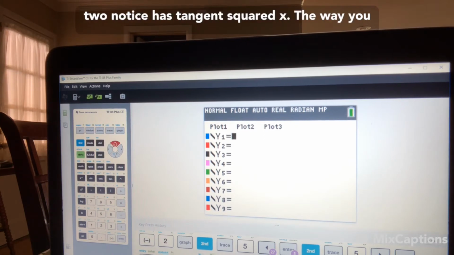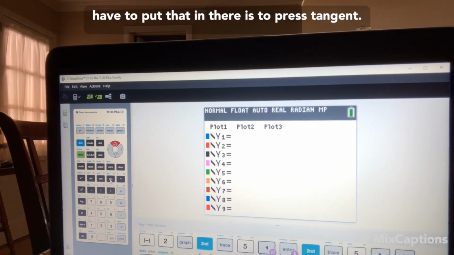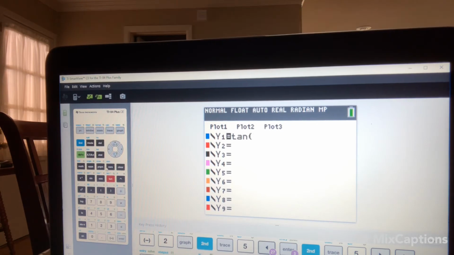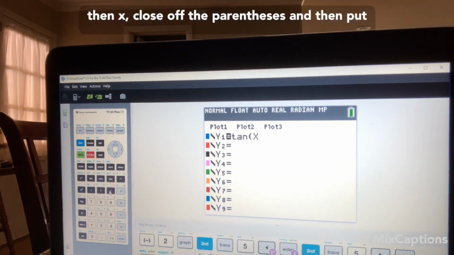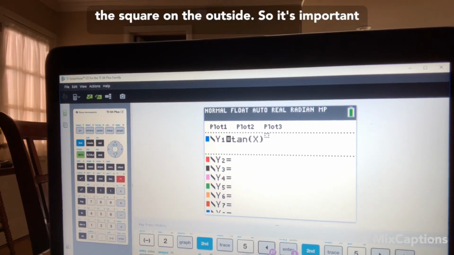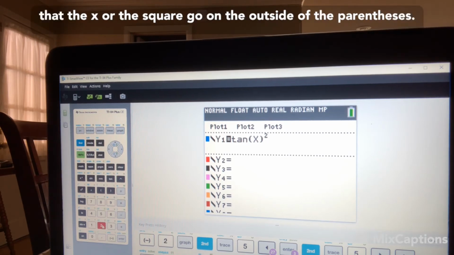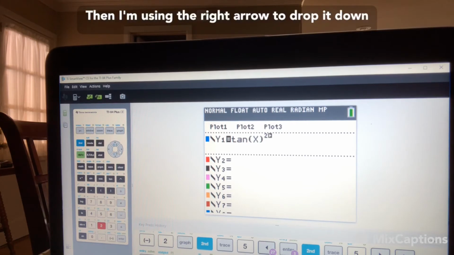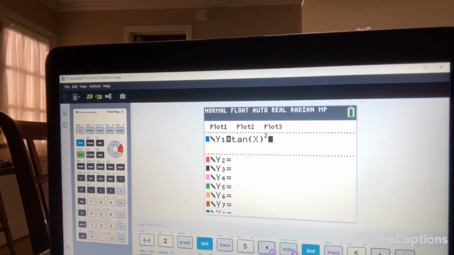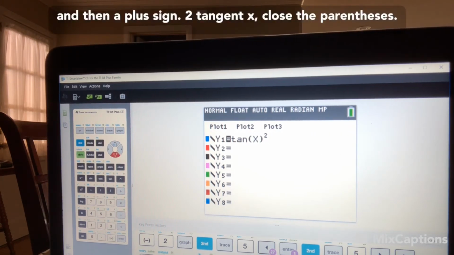Now number 2, notice, has tangent squared x. The way you have to put that in there is to press tangent, the x, close off the parentheses, and then put the square on the outside. So it's important that the square go on the outside of the parentheses. Then I'm using the right arrow to drop it down, and then a plus sign,